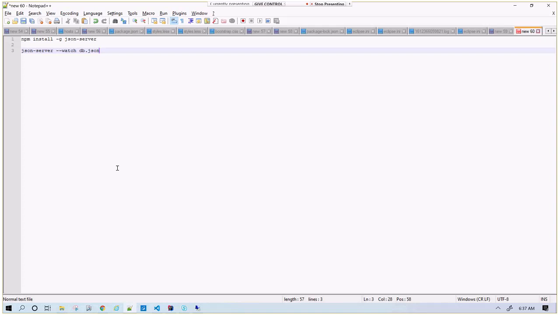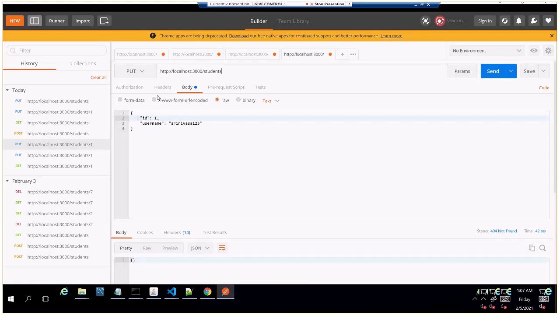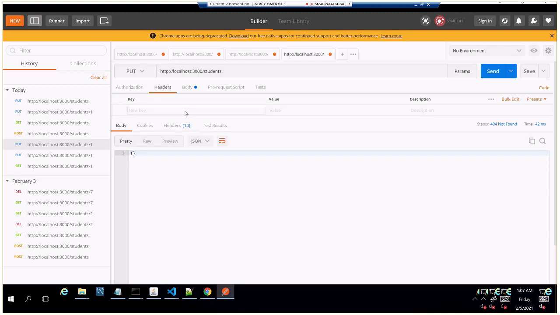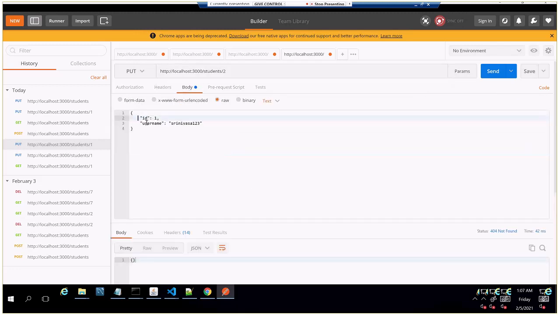Any other thing we need to do here? Authorization headers and this to the body. Yeah, that's what I was thinking. You don't have to add the ID there.